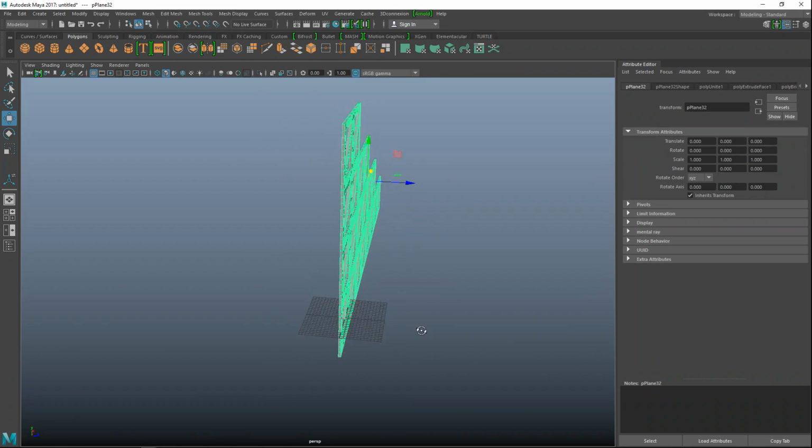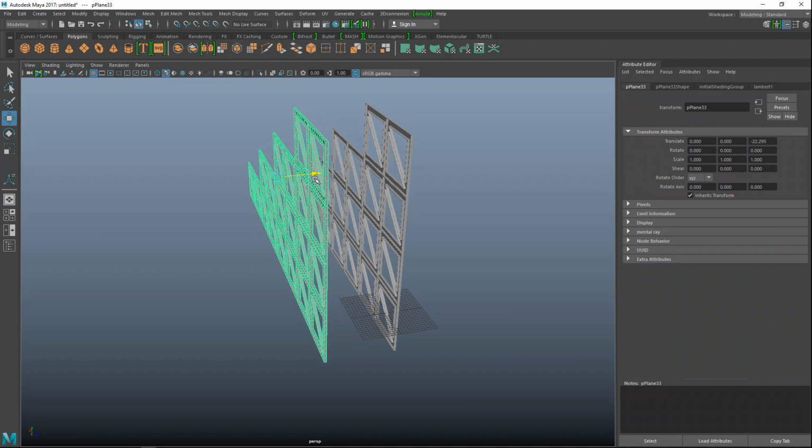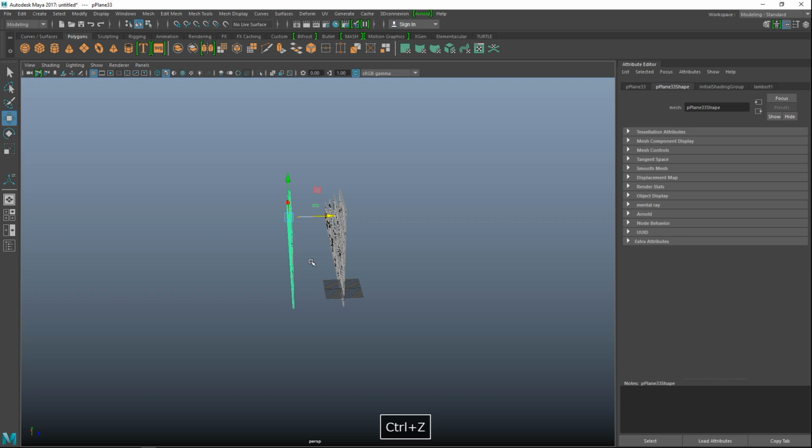I think, let's see, we'll do Control D first to move that over. Reason being that I need straight elements and I need curved elements as well. Okay, so now that we have this, let's see, we'll not go crazy on that. Something like that, and then we'll do, let's see, just thinking what the best approach is, guys, just bear with me.